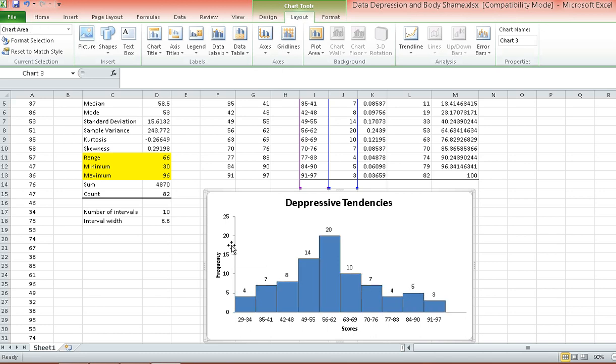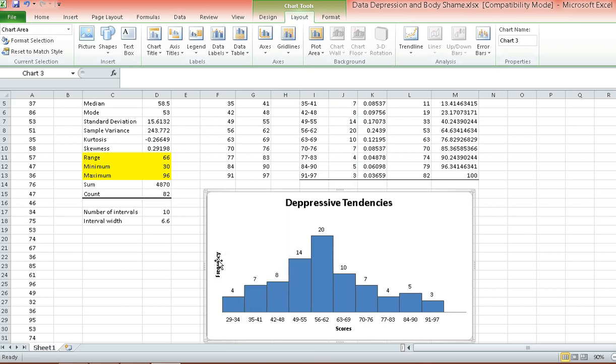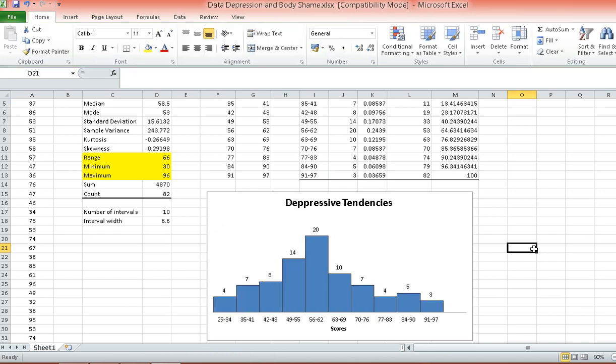And then this scale, you can delete that. And that is another way of presenting your histogram.